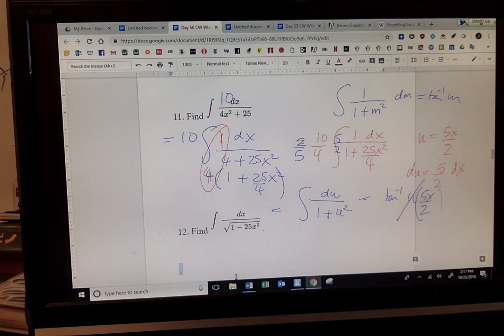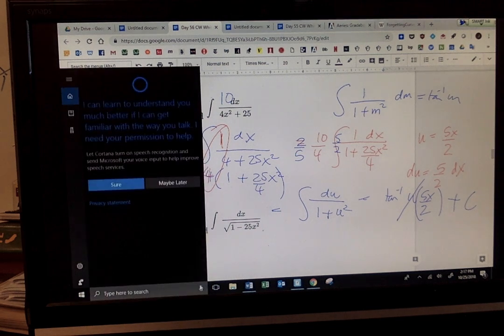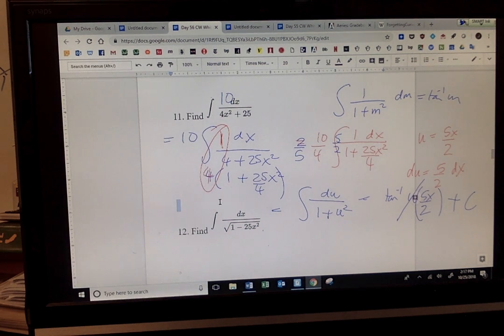5x over 2 plus. That was your 5 halves. Guys, I'm warning you, the algebra is a lot of steps. Put your pencils down, so I'm going to go over the algebra for this problem. So, first step, I wrote down the formula. Is that clear? I pulled out the 10. That should happen mechanically. I pulled out the 10.